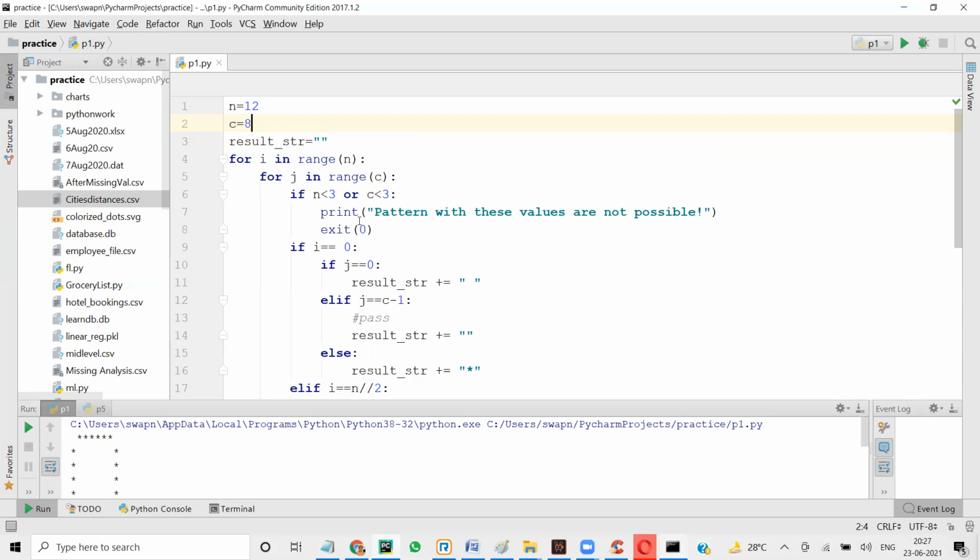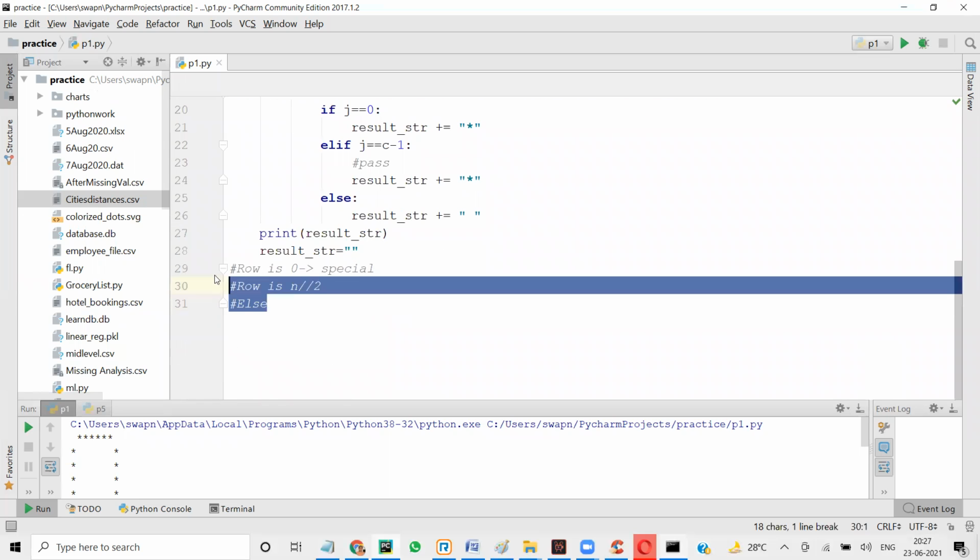So the logic in programming, whether you're doing Java programming or Python programming, okay, you learn the syntax from books. But what is important is how you approach a problem. You have to find a pattern, and when you're able to find a pattern, then you will be able to solve this problem. Any problem, not only this problem, any problem for that matter. Okay, we have seen yesterday when we were trying to solve those star patterns. How do you approach a problem? Try to break the problem into parts. Okay, what I did here, I broke the problem into 3 parts.